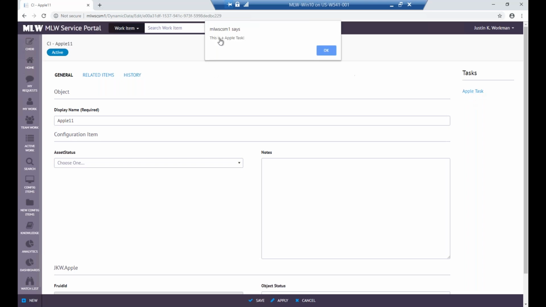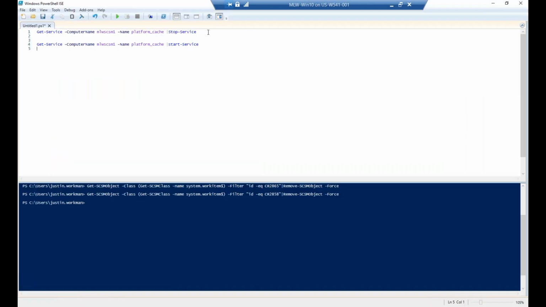So now I have an Apple task that targets the Apple class. All right, and that's pretty much the version 9.0 CMDB portal features that were introduced in 9. Very cool. I do want to quickly show, like I said, the platform cache is responsible for syncing the data